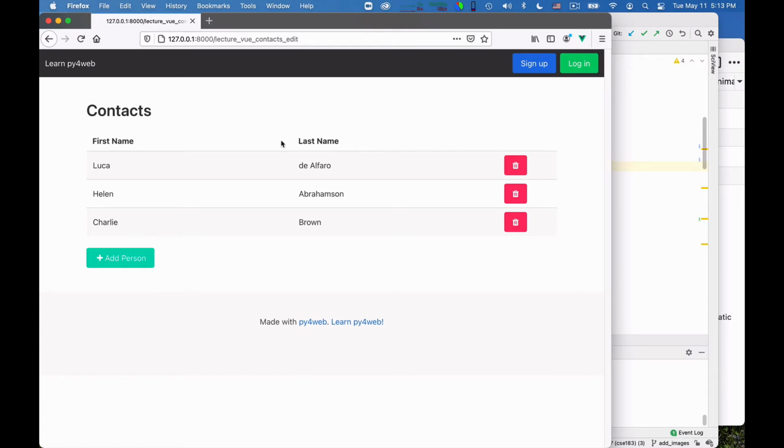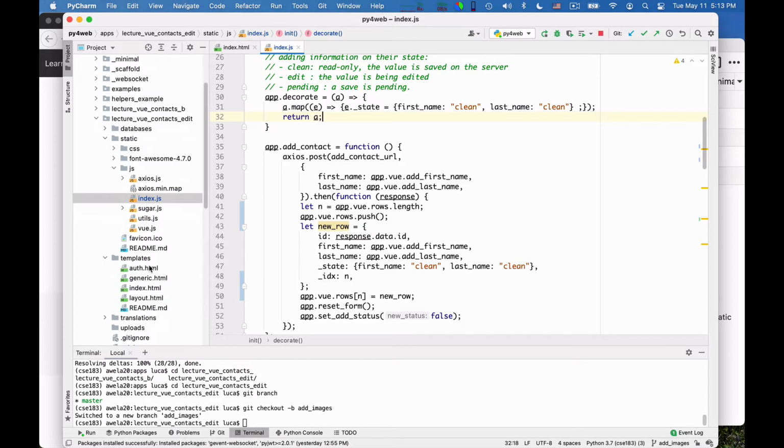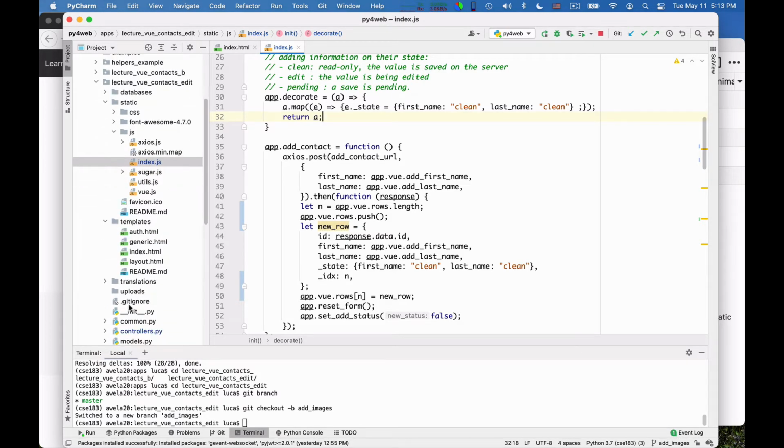So the first thing is this. I wanted to translate the image that will be associated with a contact into a string via the readAsDataURL function. And I wanted to store that in the same database where we store the contacts. So I want to go here, look at the database that is declared in models.